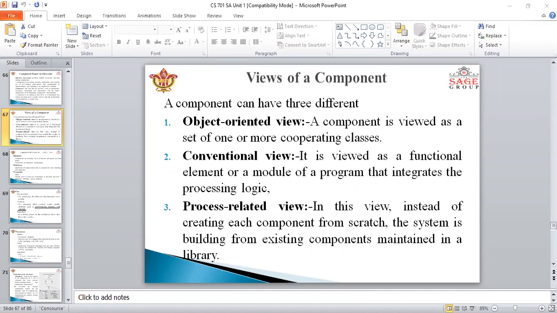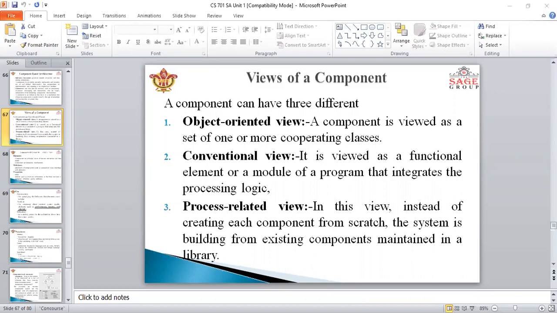And the conventional view is viewed as a functional element or module of a program that integrates the process logic and the internal data structures that are required to implement the process logic, and interfaces that enable the component to be invoked with data and to process it. And what is the process related view?